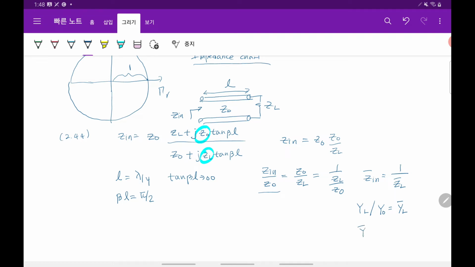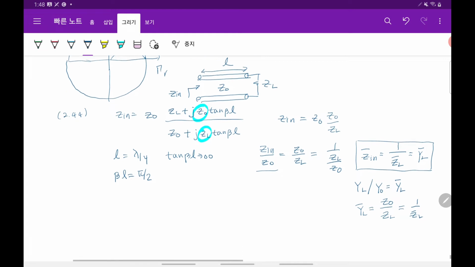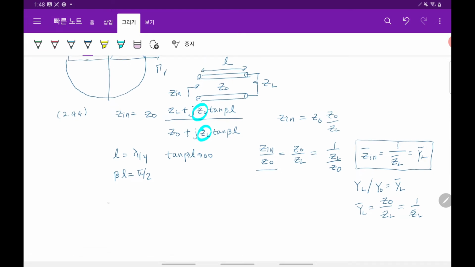YL is the inverse of ZL, and Y0, Y naught, is the inverse of Z naught, so it is 1 over normalized ZL, which is normalized YL. So what does it mean? Lambda over 4